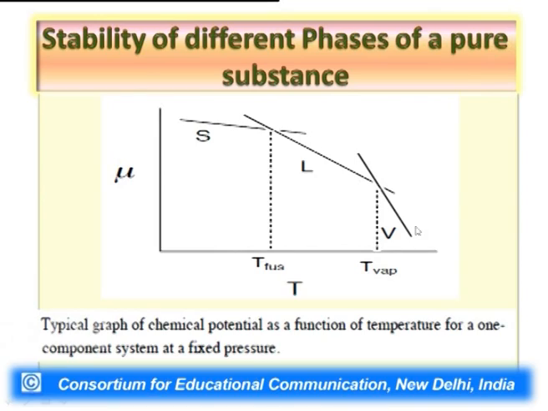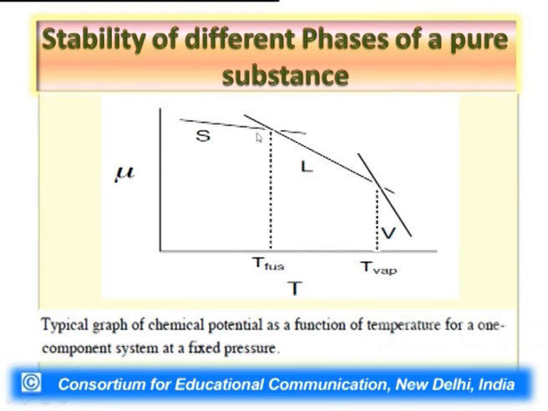But the fact of matter is, does this graph also predict for us the stability of various phases? If that is the question, then the answer is yes, we can. But before we discuss that, let us look at the criteria of phase equilibria. As I said, it is at the melting temperature that the chemical potential of the solid and liquid phases become equal, because the chemical potential versus temperature curves of the two phases intersect with each other, and that is how solid comes in equilibrium with liquid.